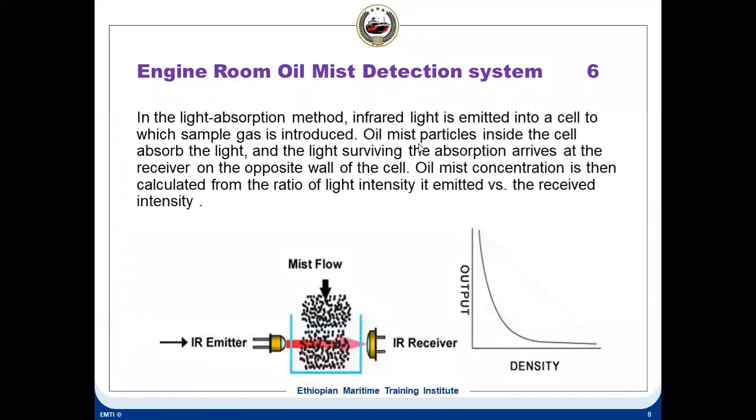So normally when the oil mist concentration goes to a certain level, it gives a pre-warning alarm. It depends upon the level, like as I told you, 50 mg per liter, that is the LEL limit. So when it reaches around say 25, 30, it can be set in this range how much you want the pre-warning alarm. The settings can be changed. So you get a pre-warning alarm. That means yes, there is some leakage of oil.